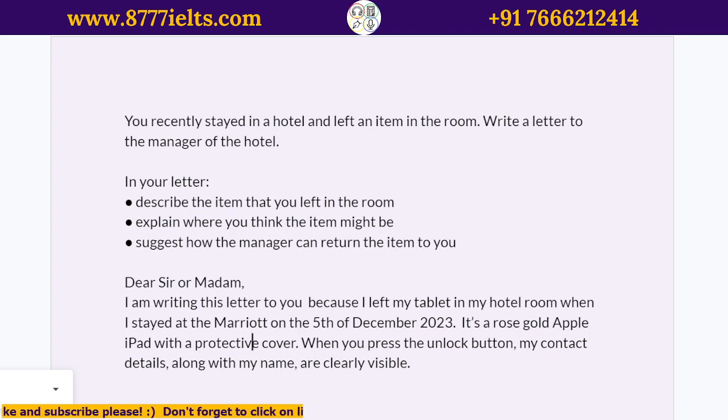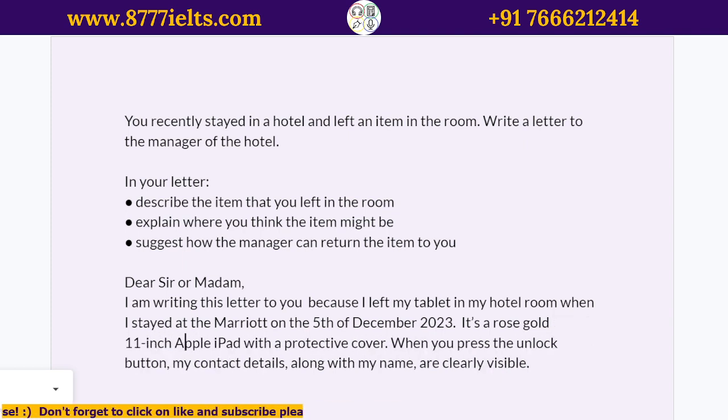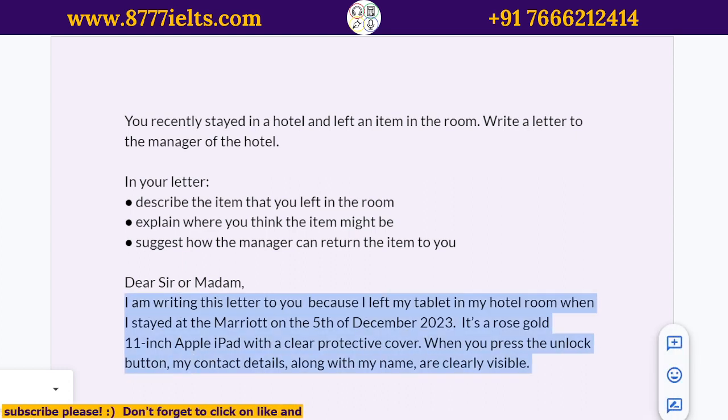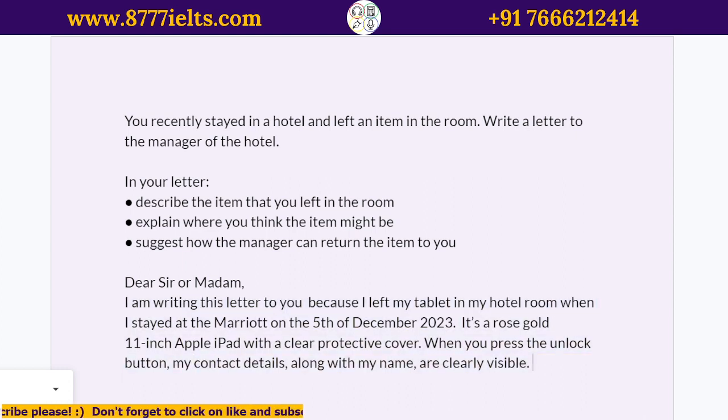Okay, so it's a rose gold Apple iPad, let's say 11-inch, with a clear protective cover. When you press the unlock button, my contact details are clearly visible. So that's how I can prove that this really is mine. When you find it, you'll realize. So that's it. There we go.